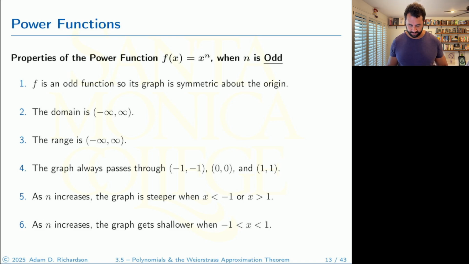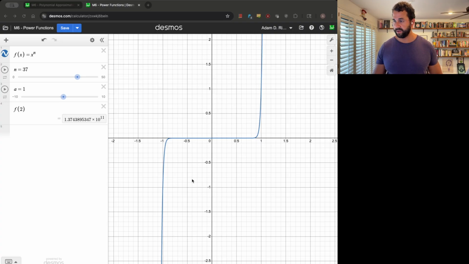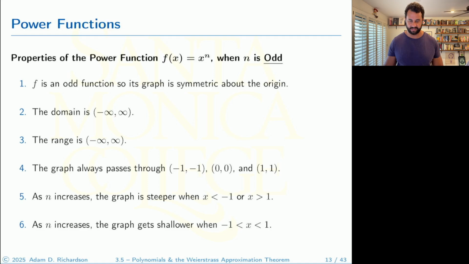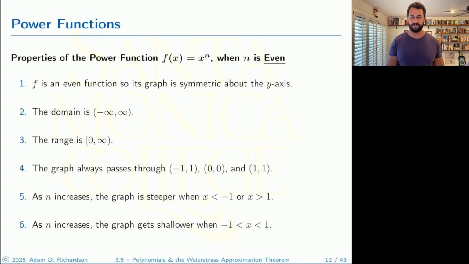All right. The graph still passes through some common points. It passes through 1, 1, 0, 0, and now negative 1 instead of negative 1, 1. So let me go show you on that. Here we go. Now this is passing through negative 1, 0, 0, and 1, 1. Yep, 1, 1, just like so. The difference between this one and one where the power is even is that this point is actually up here, right? So let me go back to the slides and I'll kind of flash back and forth. There you go. I did it on purpose so that way you could kind of flick back and forth between